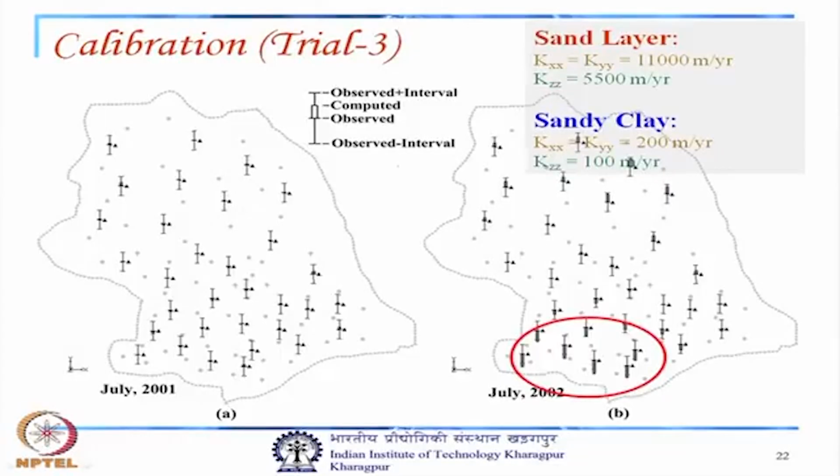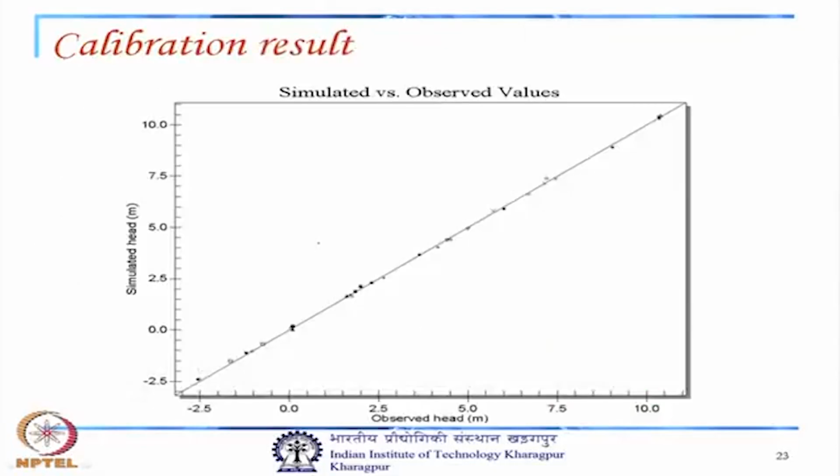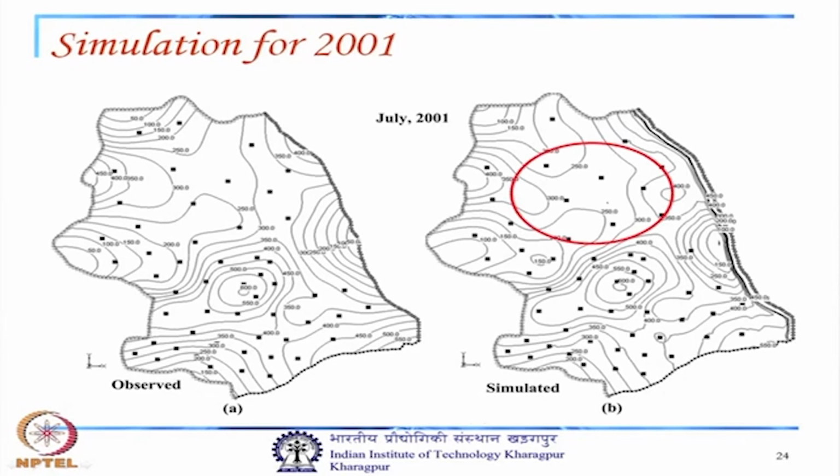So, in case of 2001 it is almost matching with the actual one. So, it has been found that simulated and observed values are in this 45-degree line, and simulation for 2001. So, the concentration scenario difference is only here in the internal portion. This is the observed one and this is the simulated one,